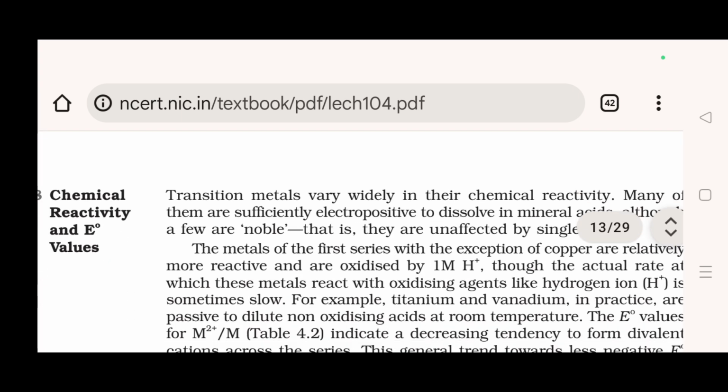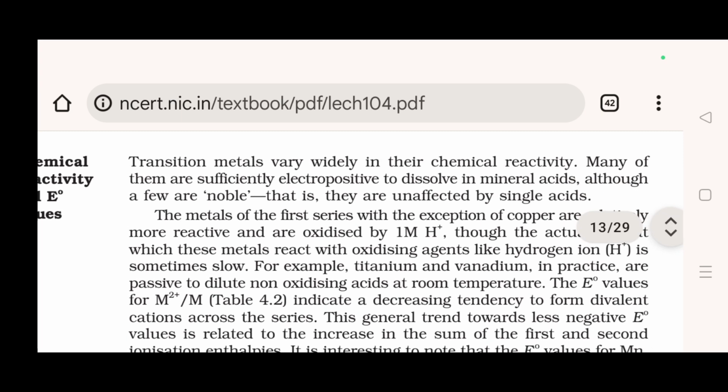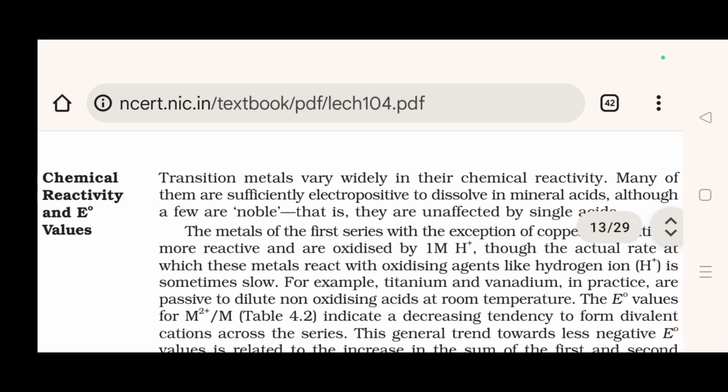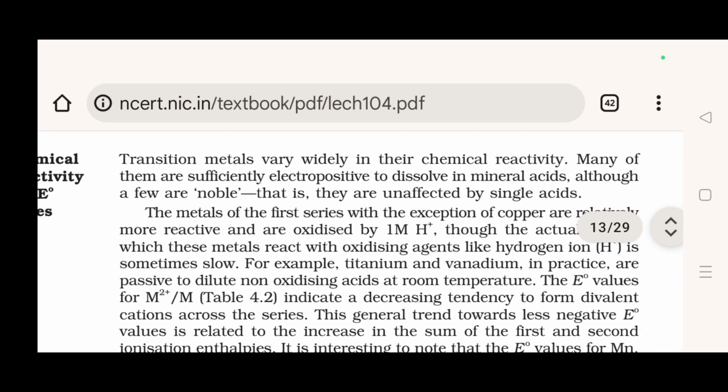Transition metals vary widely in their chemical reactivity. Now we will discuss the chemical reactivity and E0 values. Many of them are sufficiently electropositive to dissolve in mineral acids, although a few are noble, that is, they are unaffected by single acids. The metals of the first series, with the exception of copper, are relatively more reactive and